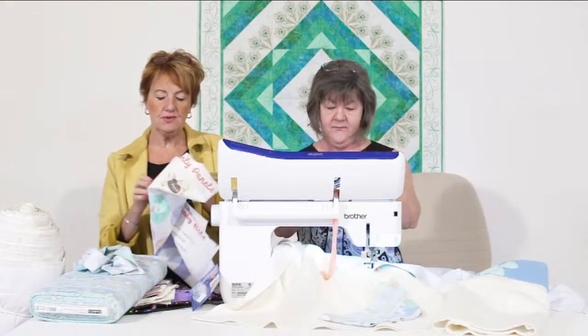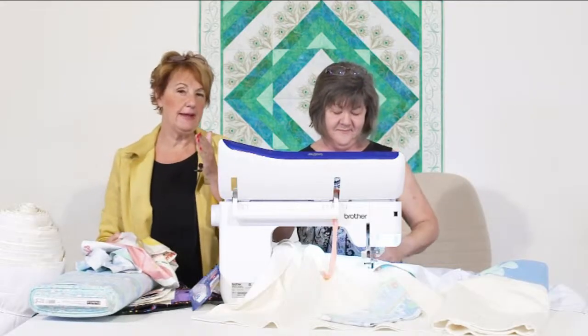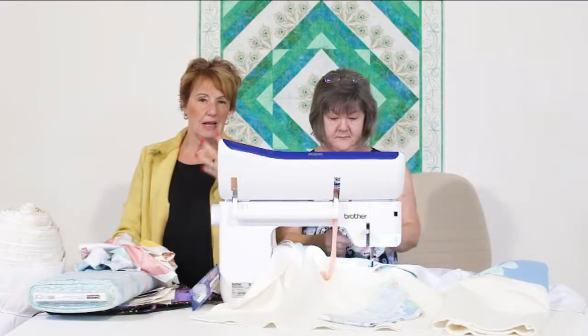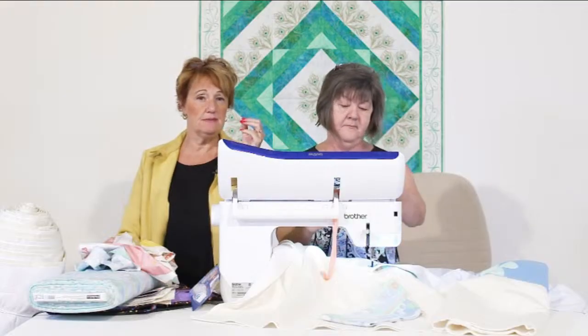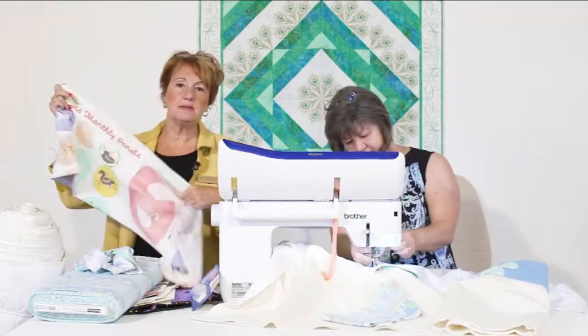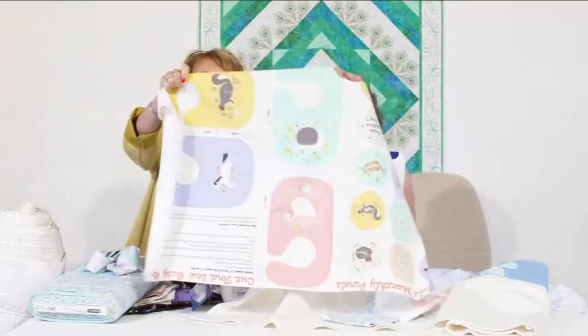While she's threading, let's talk a little bit about this batting. If you were doing a purse, or a tote bag, it's already going to be lined for you. All you've got to do is sew up your seams. So that's nice. But the girls got really excited about bibs, because you can buy patterns or